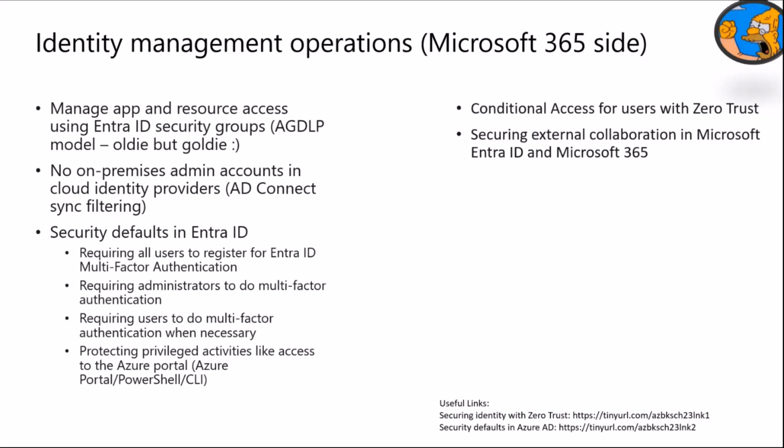Access to the Azure portal implies the Entra ID side. But depending on whether we have an Azure subscription embedded, we can also run PowerShell or CLI, and we need to control who can execute commands there. Again, needless to stress, more conditional access for users and then implement the zero trust framework model. And securing external collaboration in Microsoft Entra ID and Microsoft 365, which implies not only appropriate privileges or appropriate structuring of our shared content, whether it's in Teams, SharePoint Online, OneDrive, whatever, but also